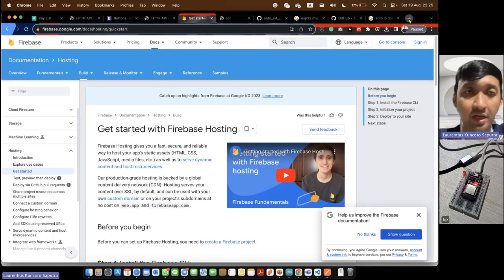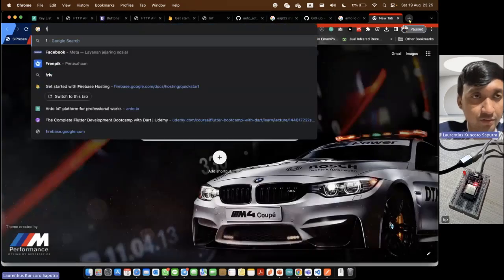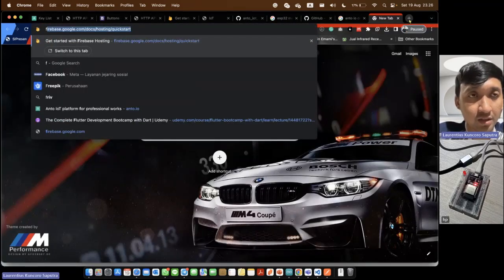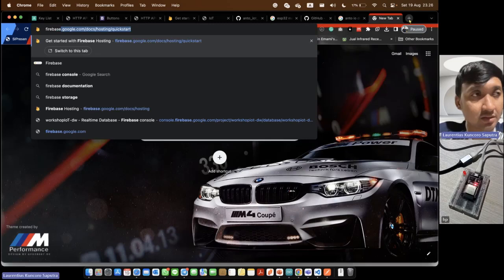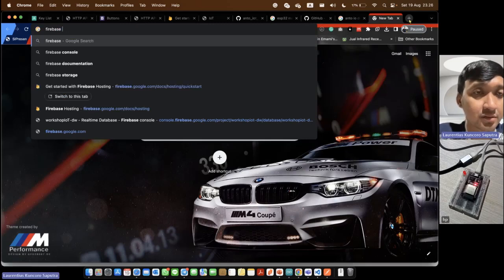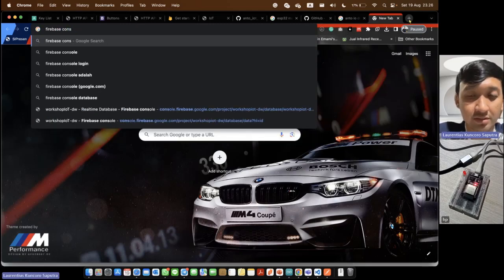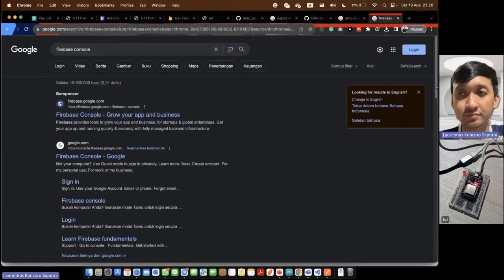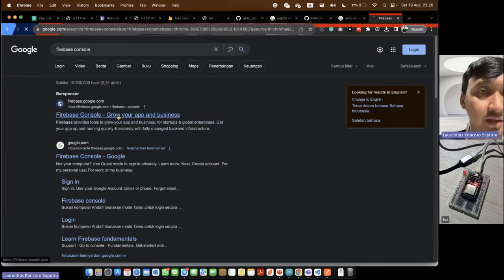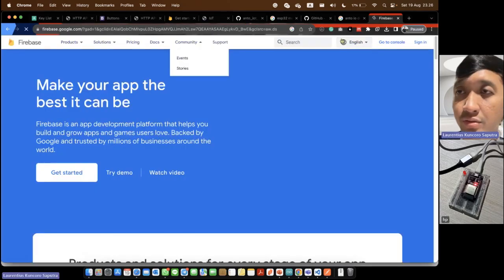So maybe you can search in Google Chrome for Firebase console, and click Firebase and go to console.